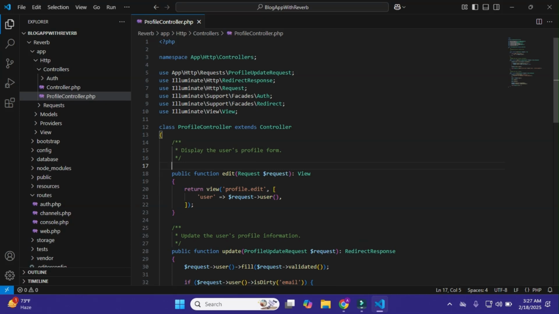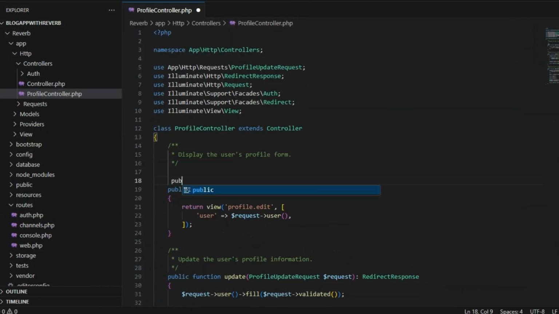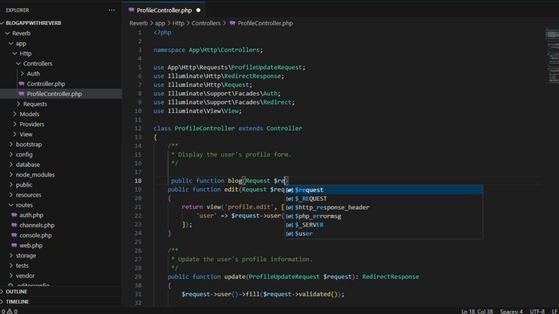Okay, so I have four functions for add, delete, and update blogs. It is public function blog, and within it pass this Request $request, and here it returns the view.